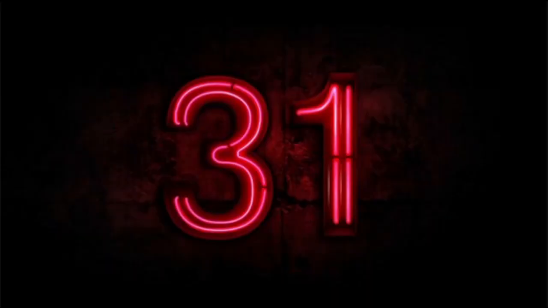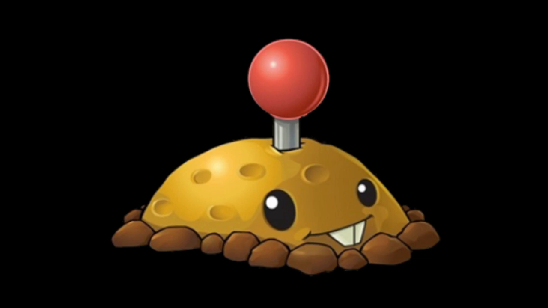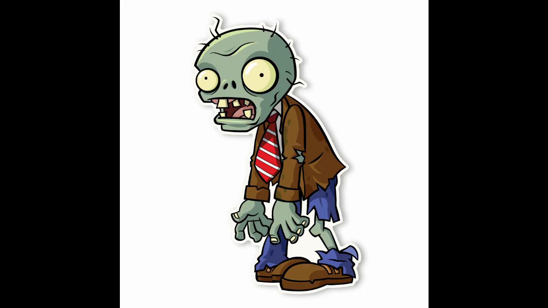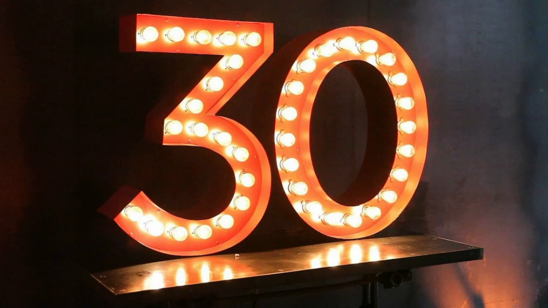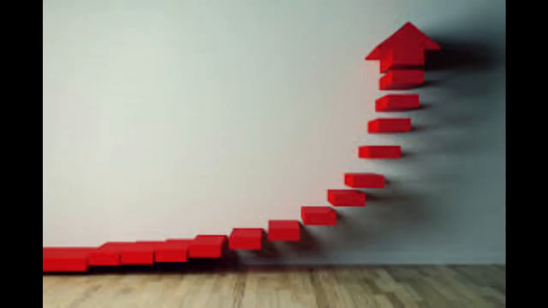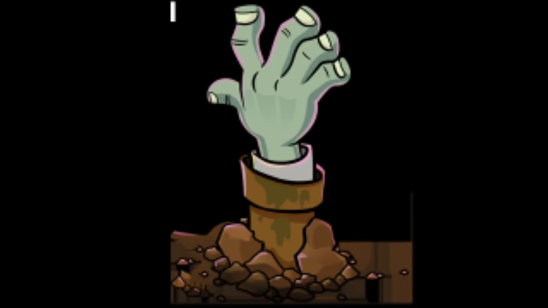Number 31, Potato Mine. This guy is also kind of a mixed bag for me. Sure, he's not exactly the best at offense, but he's perfect for when you need sun early game and want to stop a zombie for a bit. So he's not that bad. Number 30, Squash. Squashes are another I wanted to put higher up, but I couldn't. They only have a one-time use, and they have a long recharge. And they can only kill 3 zombies at a time, too, so